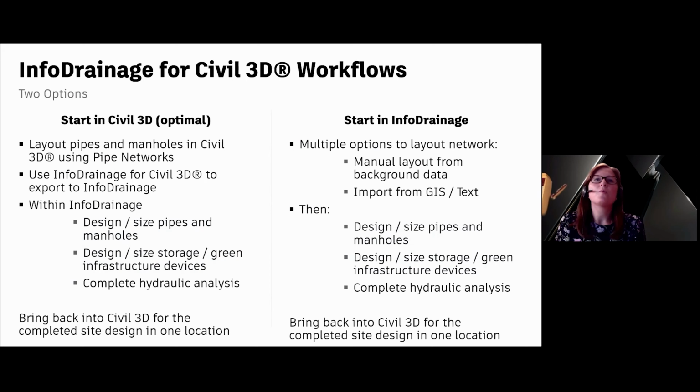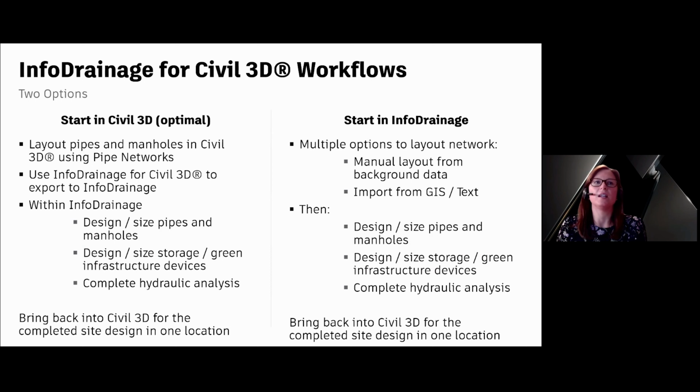We have two workflow options for using Info Drainage for Civil 3D. And from working with our customers, the optimal workflow usually starts in Civil 3D, which is where we'll spend more time today, on the workflow on the left-hand side here. As the pipes and manholes are often part of the drawing, we lay them out using the pipe networks, then export them to Info Drainage.